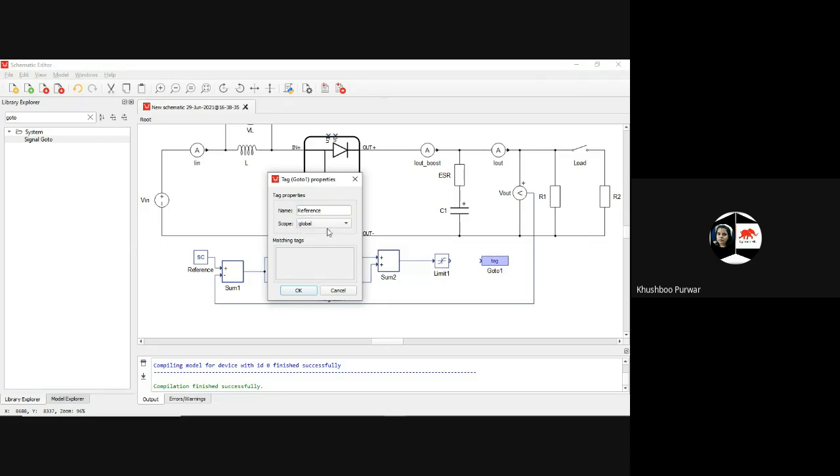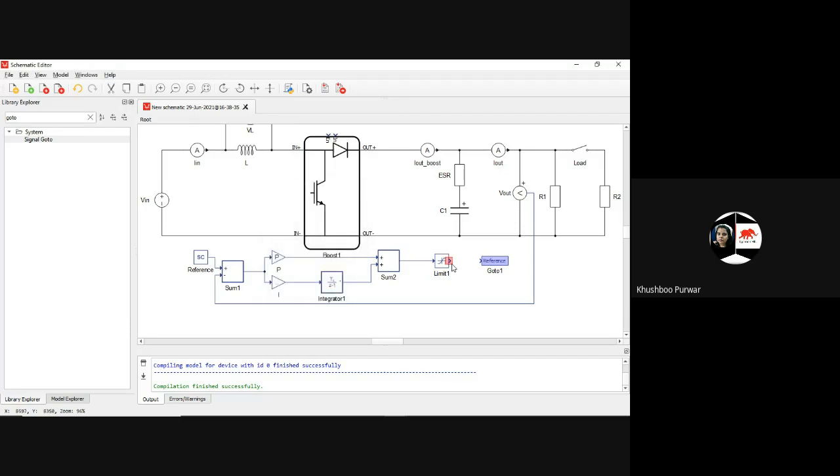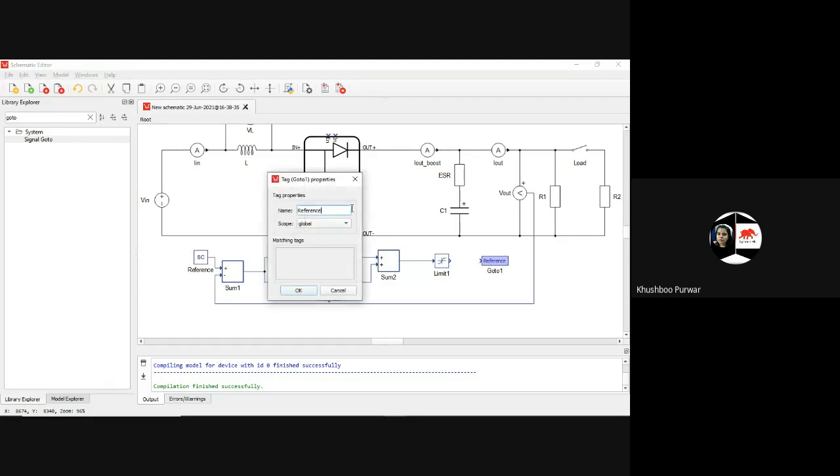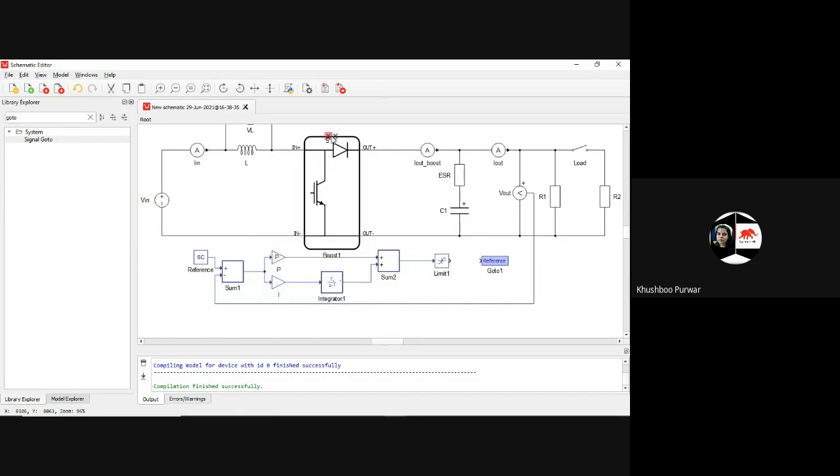You know why I'm making it global? See, what I want, I have to connect this output to this here. But it will not look nice, it will make it hazy. So instead of doing that, I will just use a reference here and make it global. So as I put the from signal here, this signal will go to here and from will pick from here. I'll just show you.